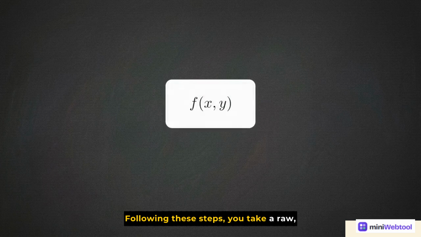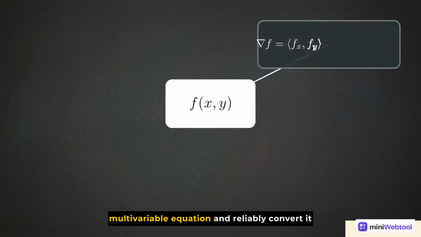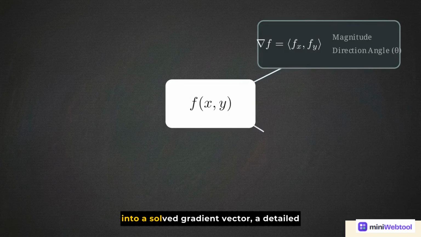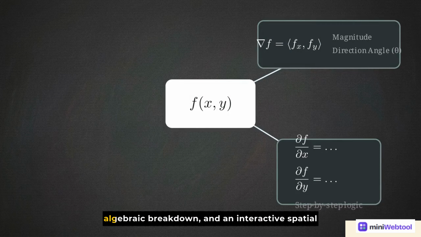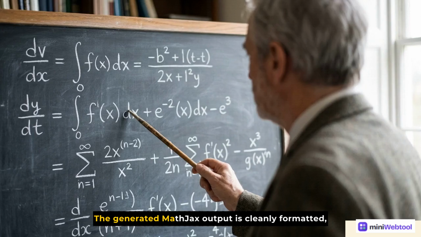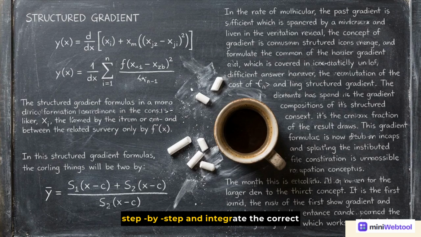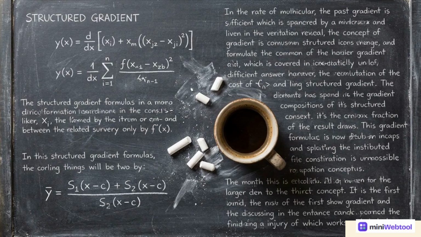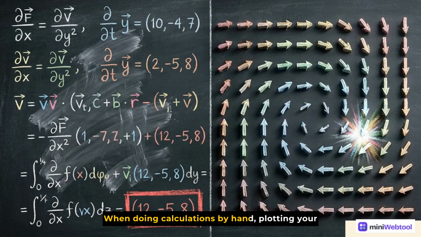Following these steps, you take a raw multivariable equation and reliably convert it into a solved gradient vector, a detailed algebraic breakdown, and an interactive spatial map. The generated MathJax output is cleanly formatted, allowing students and engineers to trace the logic step by step and integrate the correct methodology into their own academic assignments or technical documents. When doing calculations by hand, plotting your function into the visualizer serves as an immediate diagnostic test to confirm your